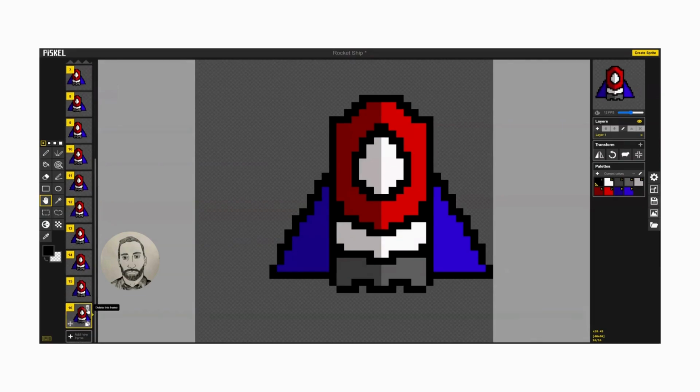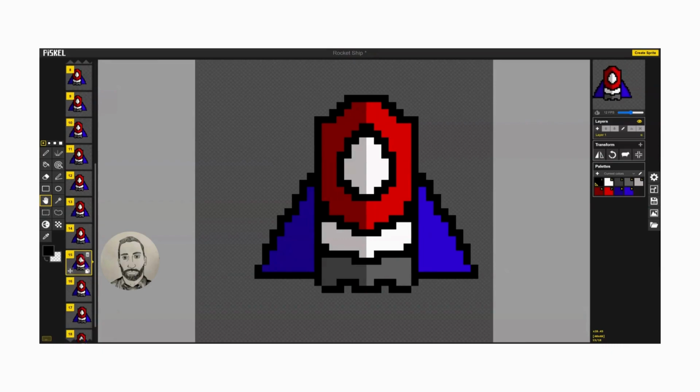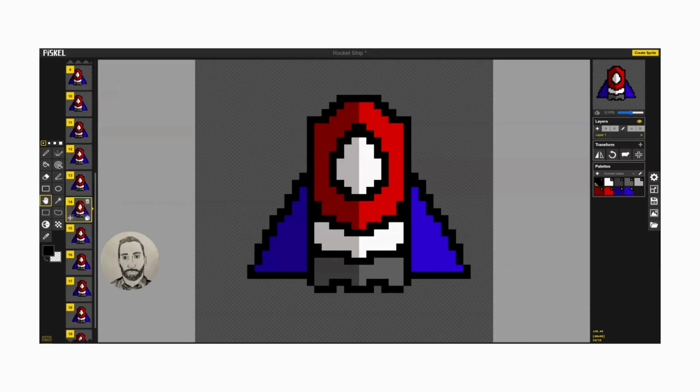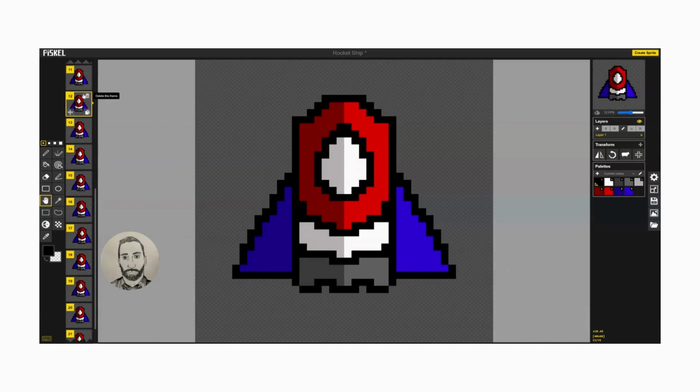So now I made it to the end, to the right side. I'm going to go to the previous frame right here. Duplicate that, slide that to the bottom. Go to the 14th, duplicate that, slide that to the bottom. 13th, slide that to the bottom, all the way up to the 11th frame. Now you'll notice on the top right-hand side that it's sliding nice and smoothly